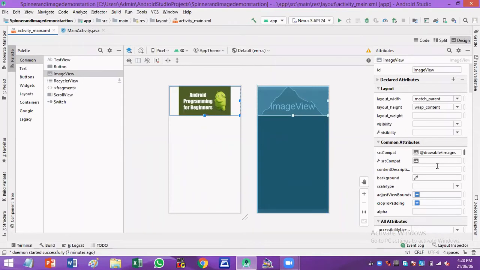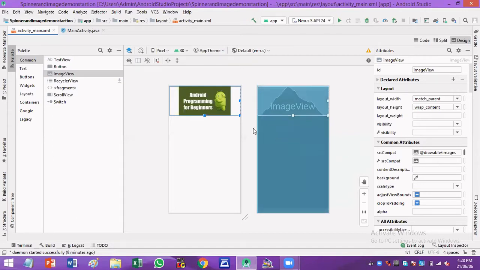The next thing is you have to include the spinner tool. You might have seen drop-down menus in web pages. There will be a list of items, and in that list, you have to select only one item. So among many, you have to choose only one. To create such a drop-down list, the spinner tool is used in Android Studio.